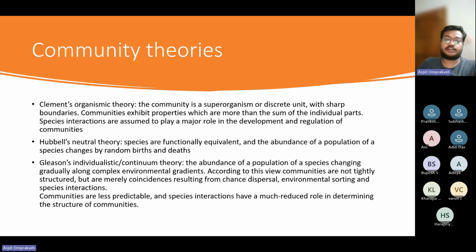Gleason put forward his individualistic or continuum theory, where the abundance of a population of a species changes gradually along complex environmental gradients. According to this view, communities are not tightly structured, but are merely coincidences resulting from chance dispersals, environmental sorting, and species interactions. So communities are less predictable. Species interactions have a much reduced role in determining the structure of the community. What this basically means is that